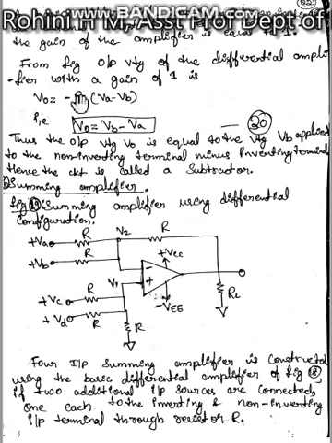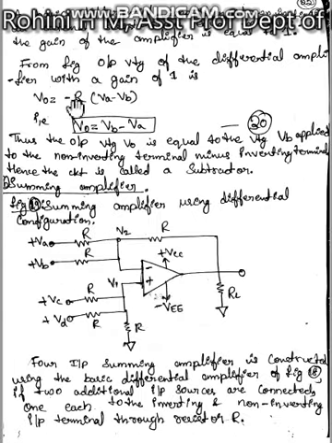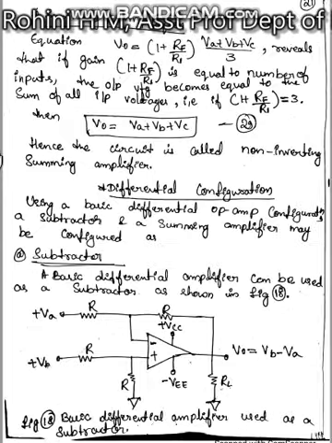So if we write the expression RF by R1 in the subtractor, here the RF value is R and R1 value is also R. So we write minus RF by R1 into V1 minus V2, where V1 is VA and V2 is VB. If this negative sign is taken inside, it is just Vout is equal to VB minus VA. So this is what we discussed, that is the subtractor. For a subtractor we are feeding input at both terminals so that we get a difference in voltage.